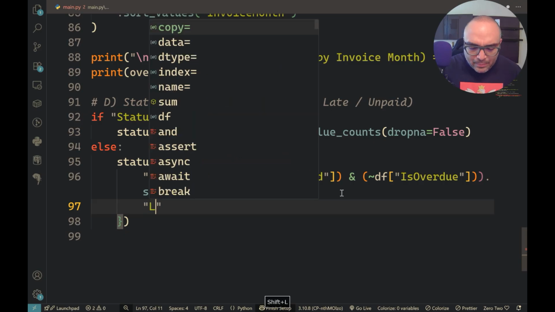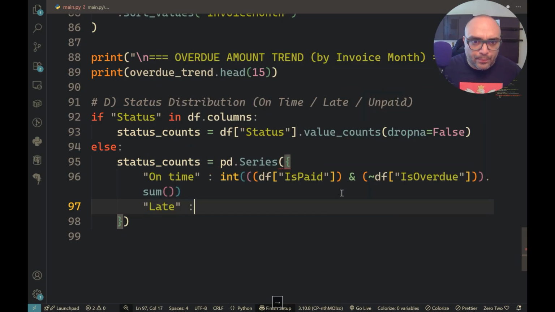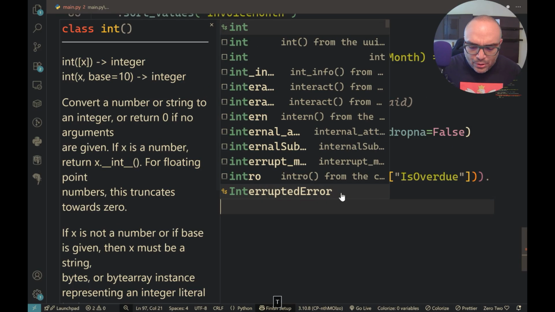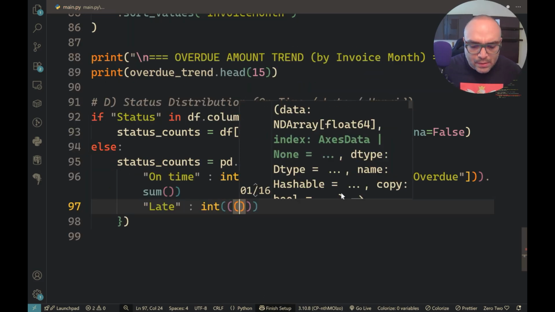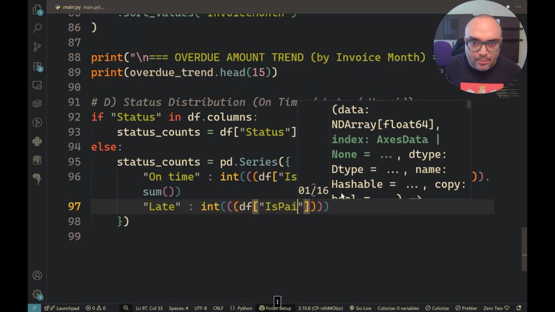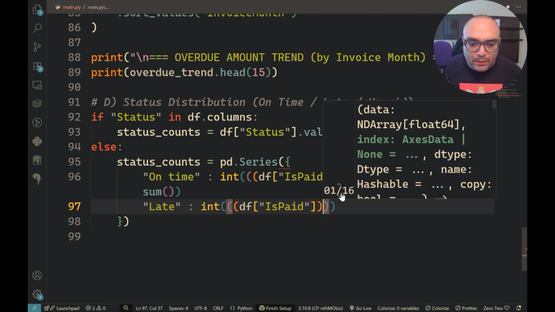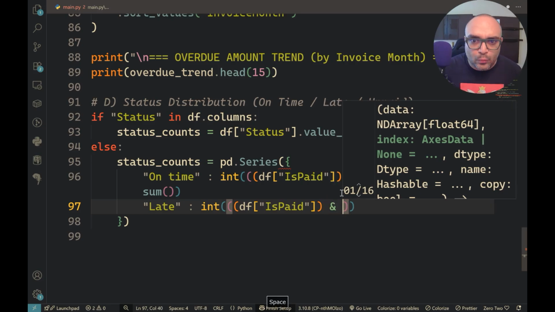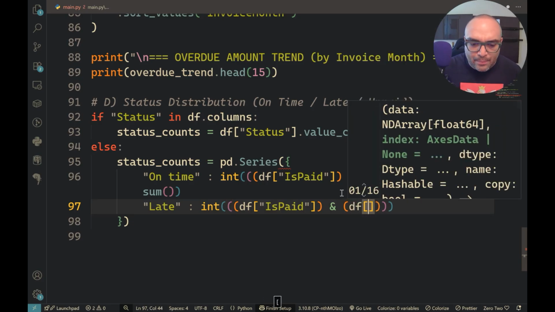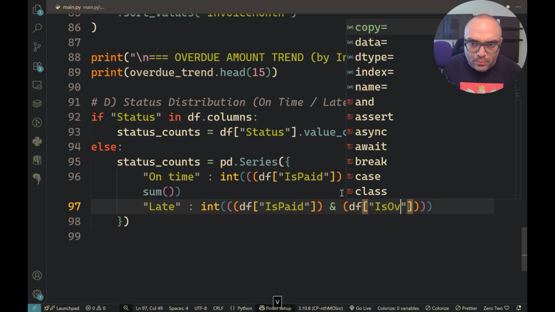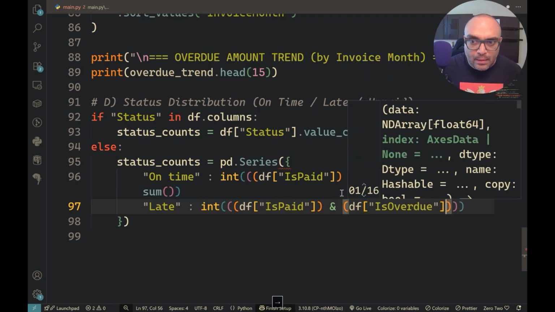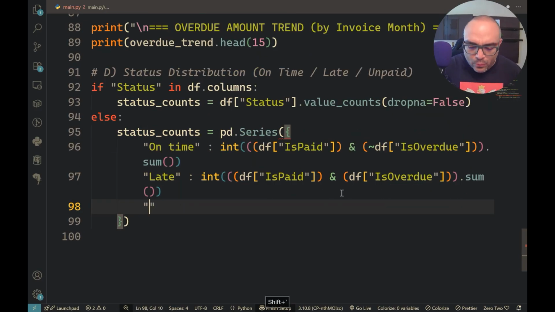For the late payment, we're going to have also integer, again three parentheses, data frame is paid, and we're going to concatenate that with, we need just one parenthesis out, and concatenate with the ampersand, and we'll open parentheses, data frame is overdue, and two parentheses out, dot sum again. And finally, for the unpaid,